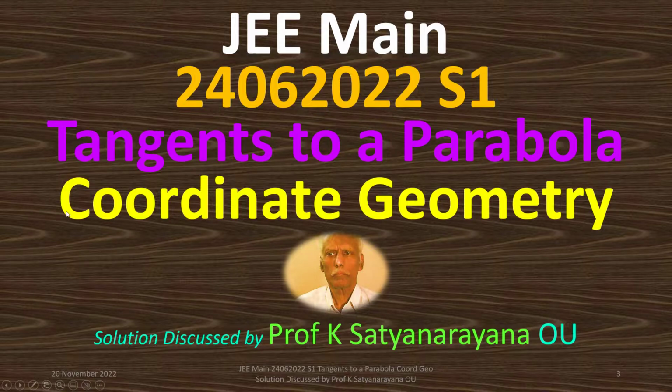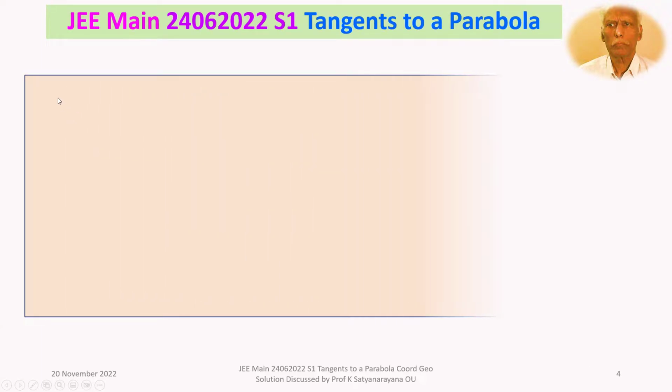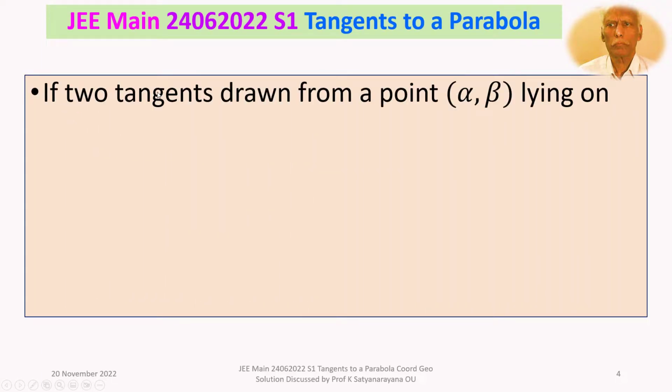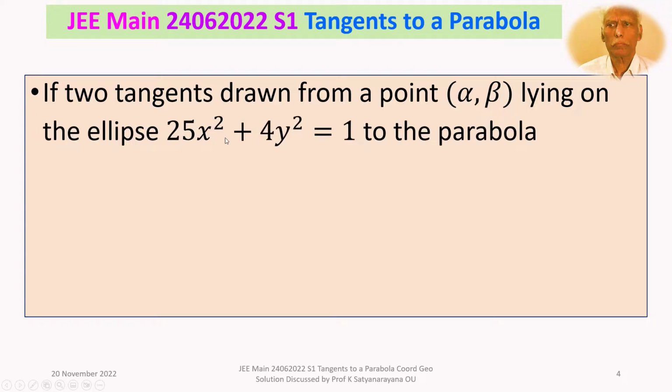We now discuss the solution of a problem from the section Coordinate Geometry, and the problem is on the tangents to a parabola, and this question has appeared in the Joint Entrance Examination Main held on 24th June 2022 in the first session. The problem is, if two tangents drawn from a point (alpha, beta) lying on the ellipse 25x square plus 4y square is equal to 1